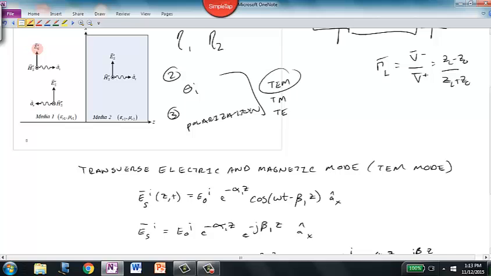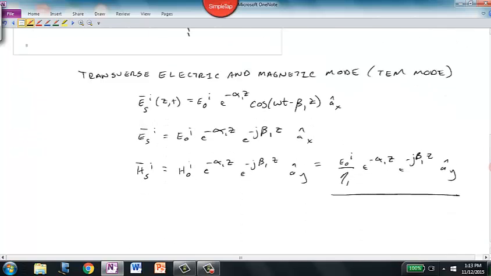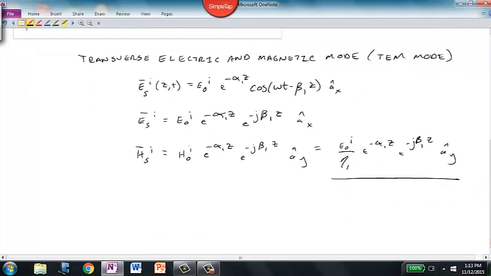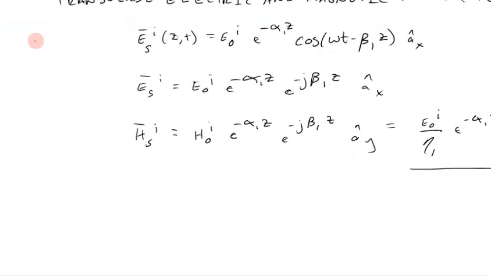So that's the incident electric field and the incident magnetic field. We have two others: the reflected and the transmitted. So what are their general forms? Let's start with reflected. The reflected wave is indicated by putting an R in the superscript here, and it's whatever its initial value is,